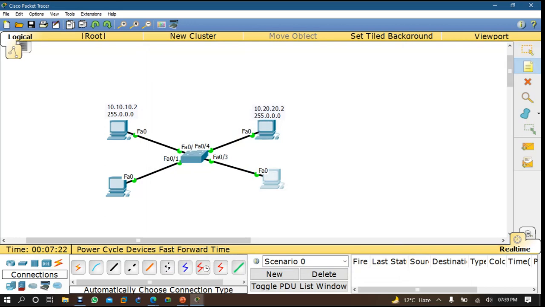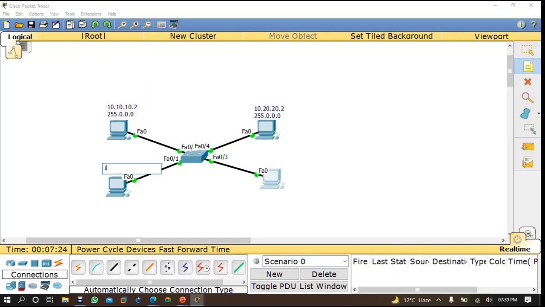If you want, I can write it here. So here I'm using 1.2.16.5 with the default subnet mask, and here I'm using 1.25.25.20 with the default subnet mask of class A.